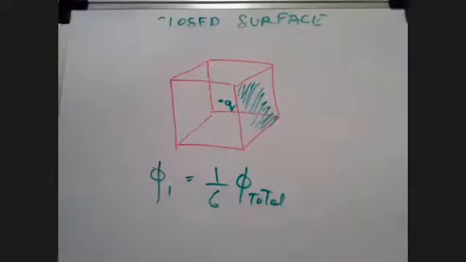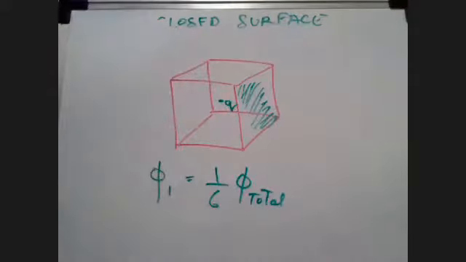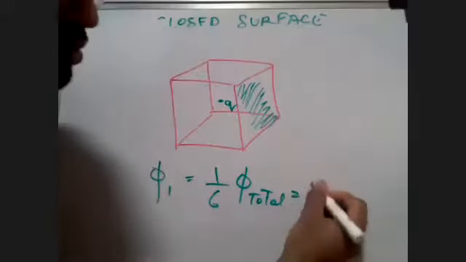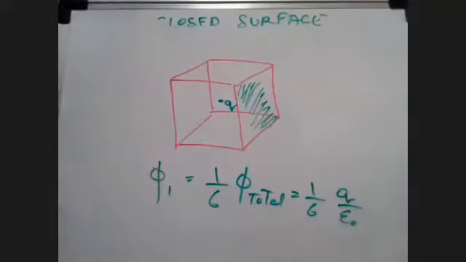But the charge enclosed by any closed surface, that is important, is going to give Q upon epsilon naught. So right now the charge is enclosed in which surface? A closed surface, yes or no? Okay, this is a cuboid. It is closed. So the flux through one face will be 1/6 into Q upon epsilon naught. So this is the answer for the cuboid. I hope you have understood this much.